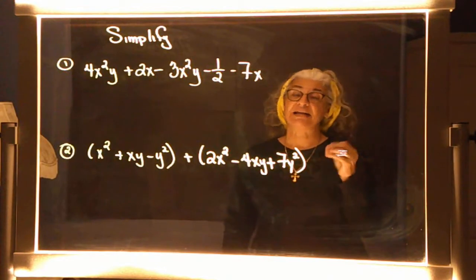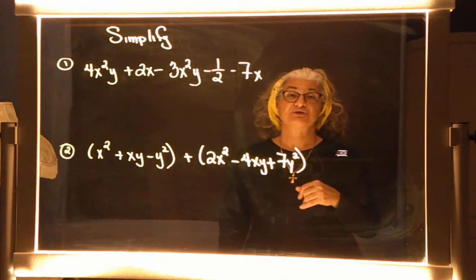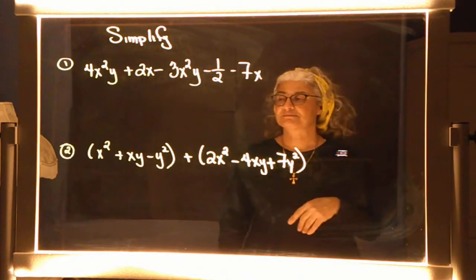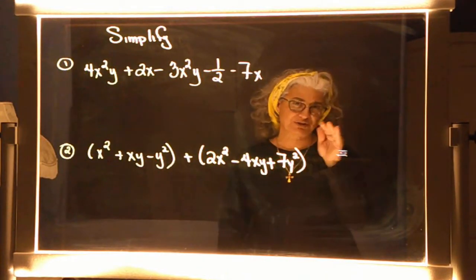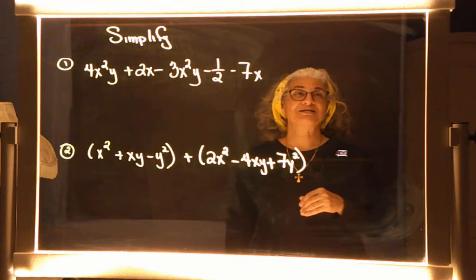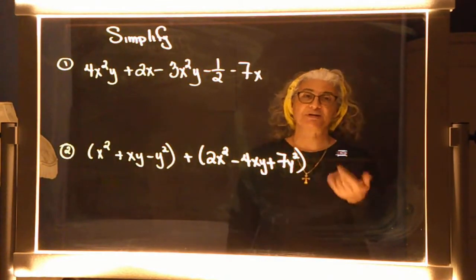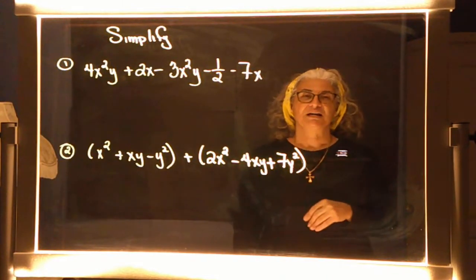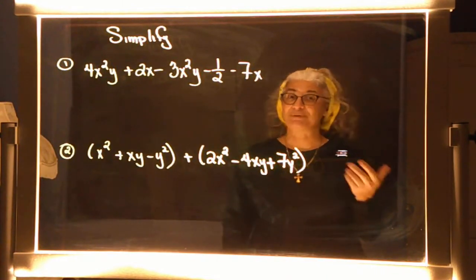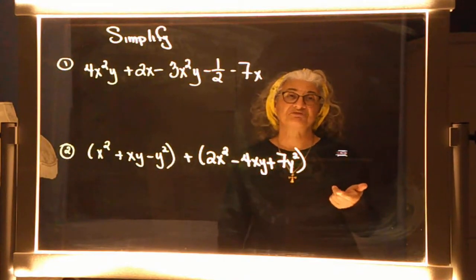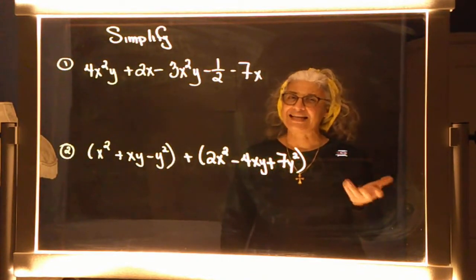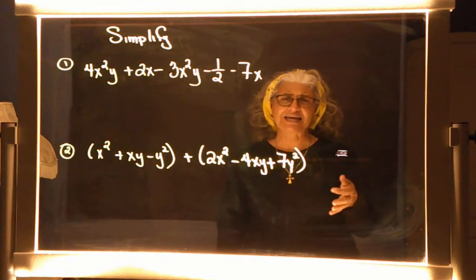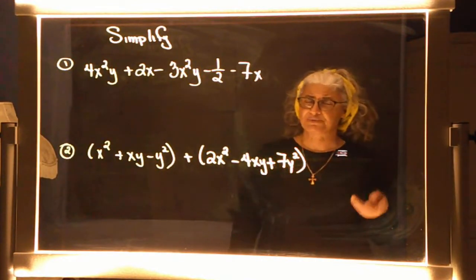When you are adding or subtracting terms, I want you to think of fruit. Sometimes food is the better way for us to look at things, right? Because if I ask you to add 2 apples and 3 apples, you're going to tell me, oh yeah, 5 apples. Good. If I ask you to add 2 apples and 3 bananas, you say 2 apples and 3 bananas. Or you say 5 pieces of fruit, but you can't say 2 apples and 3 bananas